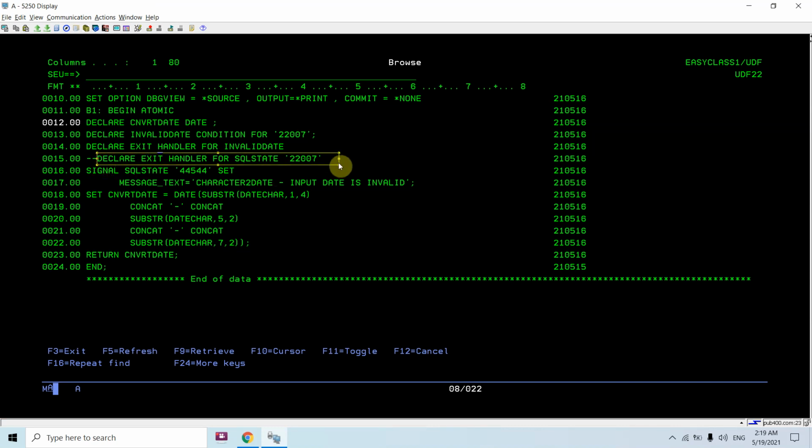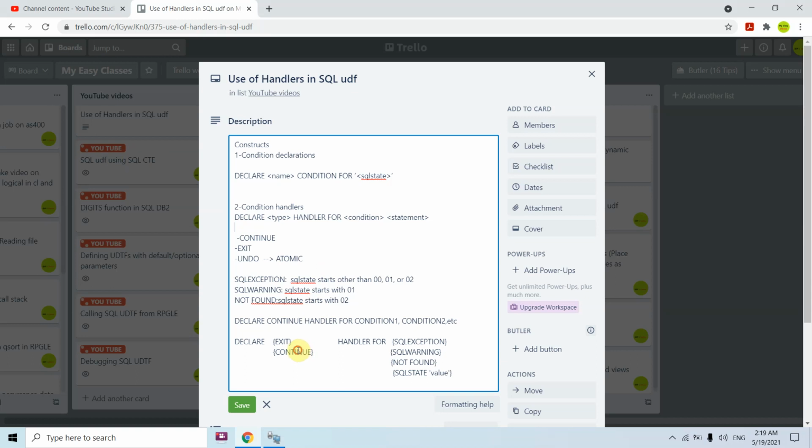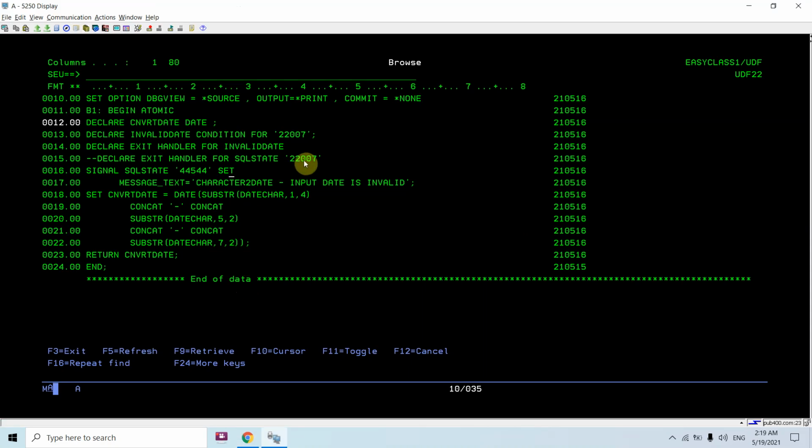That's what I was showing you in the previous example. I used declare continue handler for SQL state 02000. But here you can see I am using the exit handler for this SQL state, which is basically for when the input date is invalid. So date or time is invalid, and for that this SQL state is used.